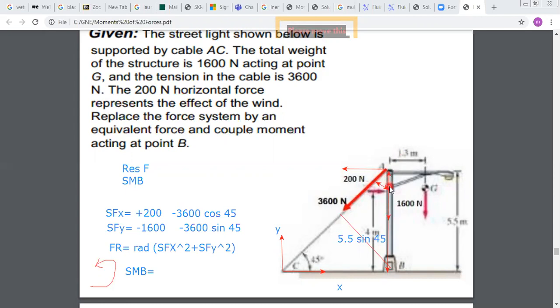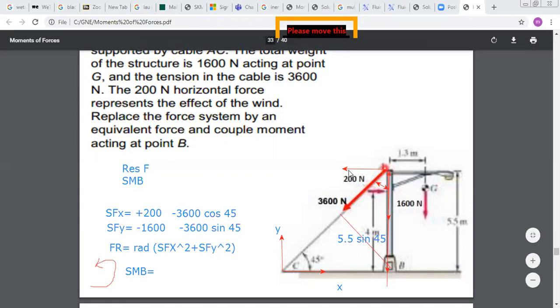It's clear here that the y component will not produce a moment because it is passing by point B. So only the x component will produce a moment, and with the right hand rule, it is a counterclockwise moment. So all you have to do is multiply the force, which is the projection,